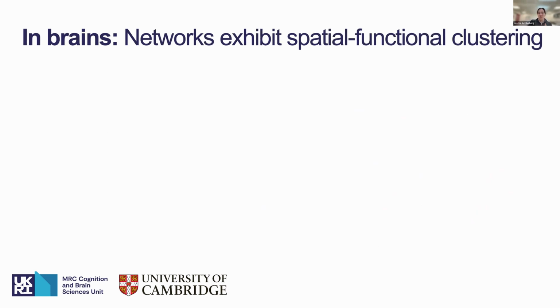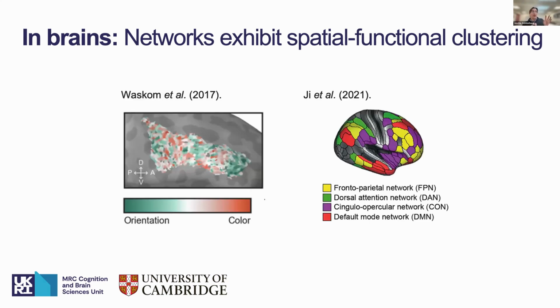We want instead to move on to the structure function links. So if we think about an analysis or result that we see in real brains, which are on the brink between structure and function, we often observe that units which are close together in 3D space in brains tend to code for the same variables. On the left-hand side, this is a result from prefrontal cortex data recorded with MRI, where we see these functional blips and blobs on the data, where units which are closer together tend to code for the same thing. And then obviously across the brain,